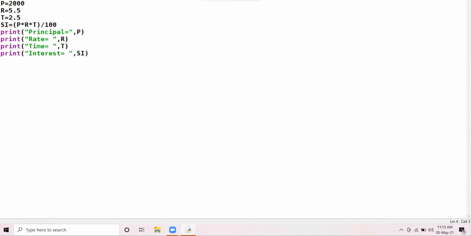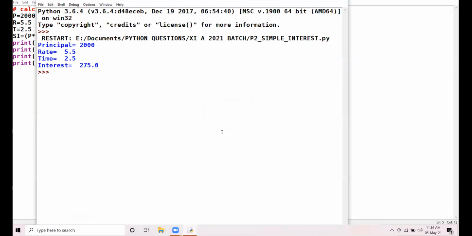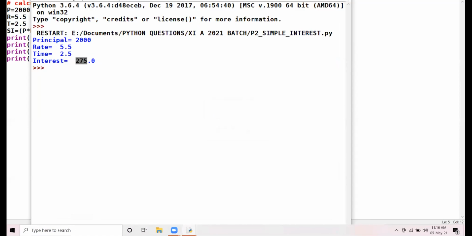Okay. Now I do the floor division. This time see, 275.0. 275 is a whole number here. Okay.